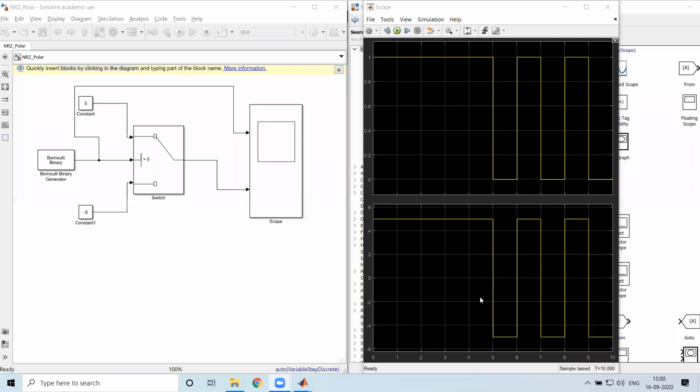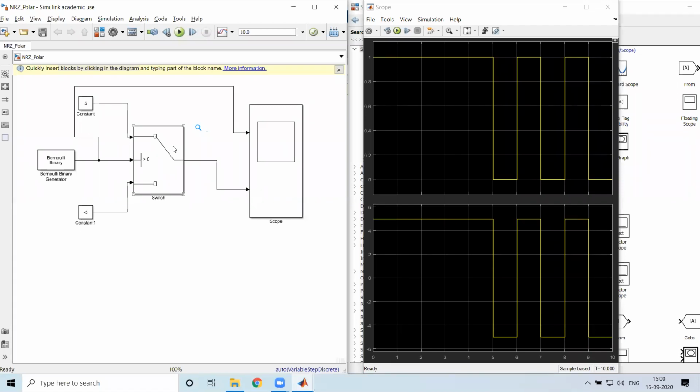So that is what is happening in this case. This is with respect to NRZ polar format representation.